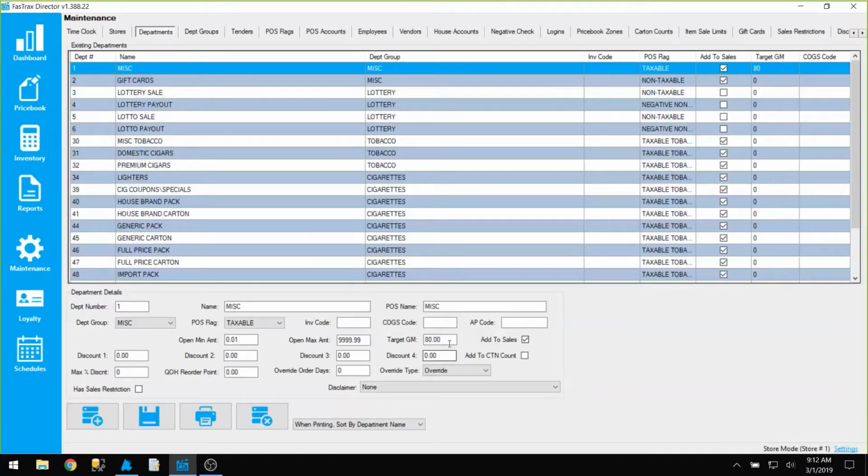All right, so the next area is the add to sales checkbox. Now what this does is it will add to your total sales for the day on a department if this is checked. If it's not checked, it doesn't add to your net sales. So for an example,